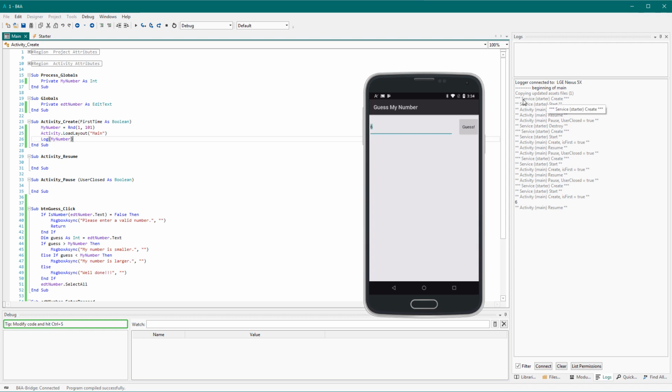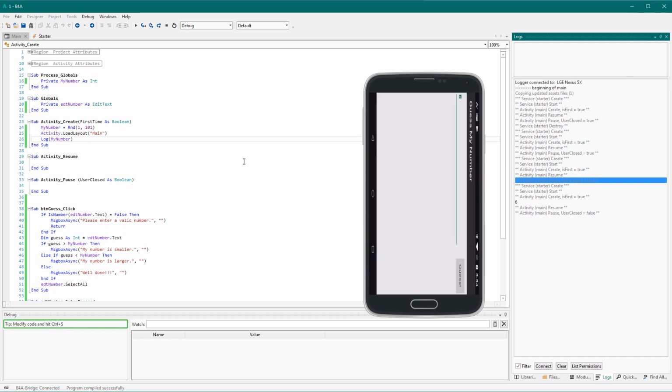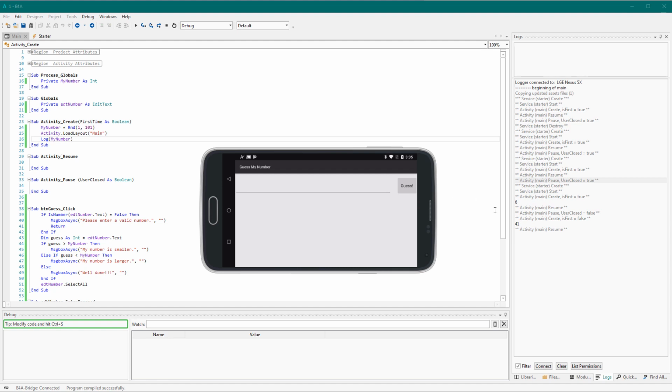Whenever we start the program, you can see lifecycle related message. Service starter was created, and then the activity was created. If we rotate the device, then the activity is destroyed and recreated. This will cause our number to change, the computer number, which is not very nice because the user expects it